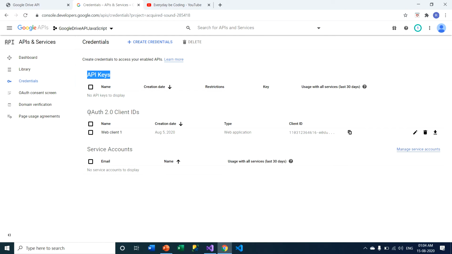Basically, API keys and OAuth 2.0 client IDs are used for front-end based applications. But the OAuth 2.0 client ID you can also use for server-side applications, while the API key is only usable for front-end based applications, that means JavaScript based applications. You can see the name of this OAuth client ID, web client 1, and this is the client ID. So this client ID is only accessible for web applications.